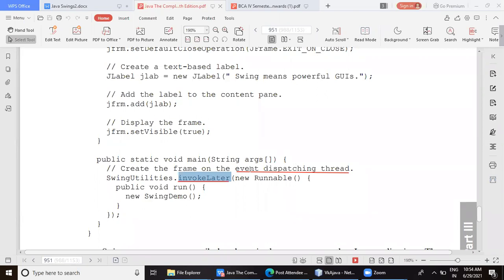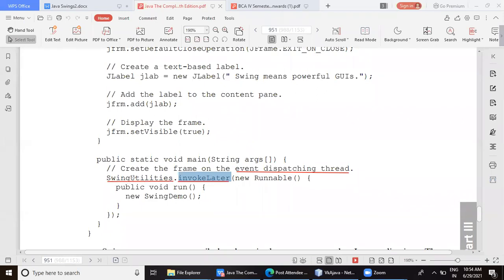And since swings are high level components, they are recommended to be executed on this special thread called the event dispatching thread. The event dispatching thread can be created by two methods that belong to one class called SwingUtilities. Along with Swing, whatever utilities and extra facilities are provided, those programming tools are given in this SwingUtilities class.